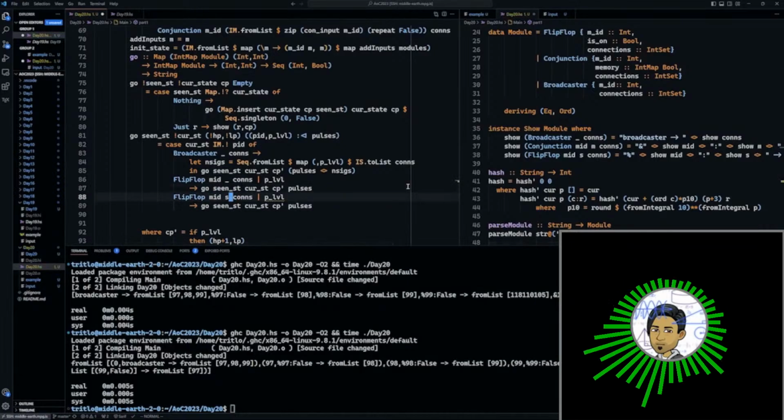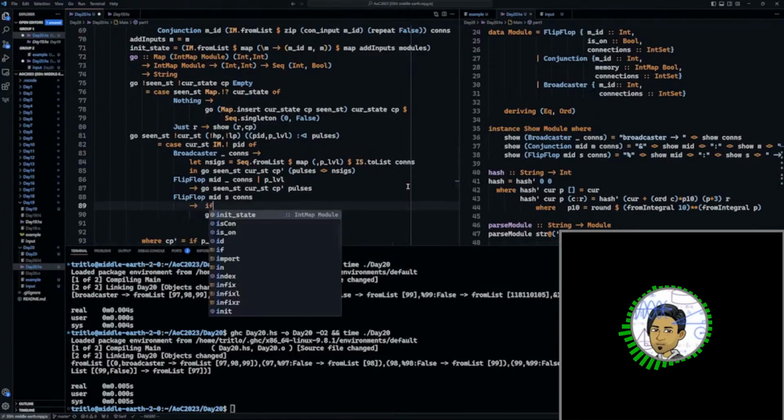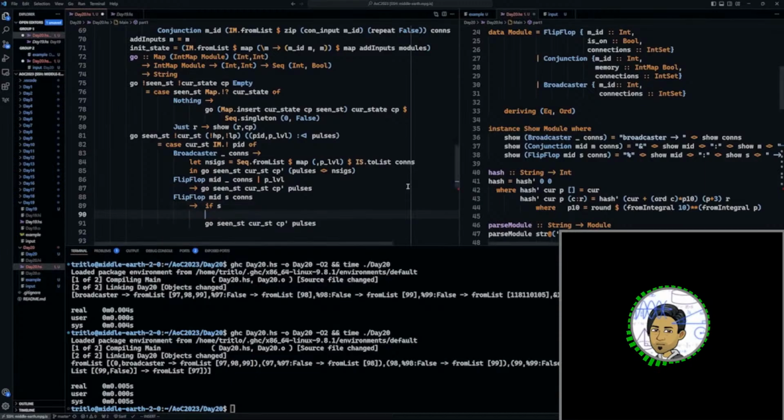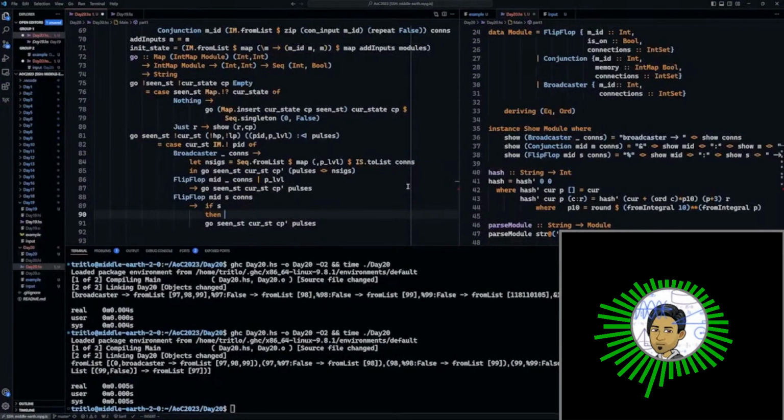However, if not P level, then if S, so if it's on, then... If a flip-flop module receives a low pulse, it flips between. If it was off, then